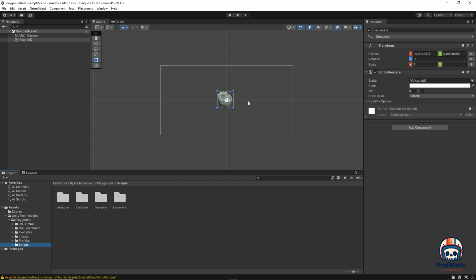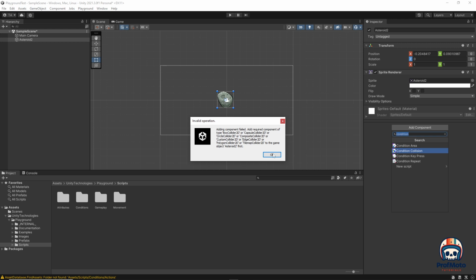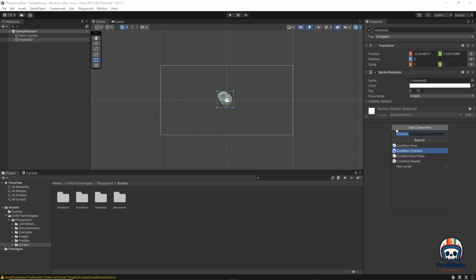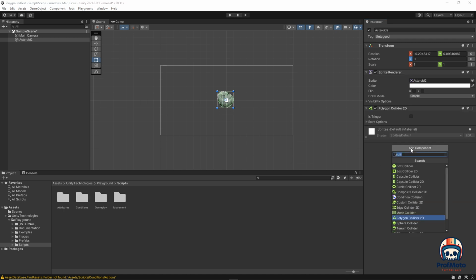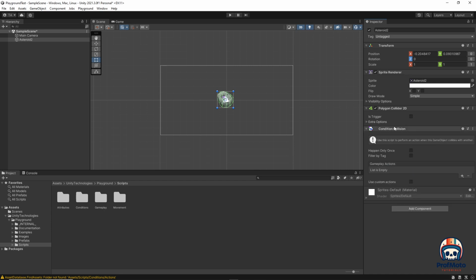Now, unfortunately, if I'm trying to do anything with a conditional script, which means if I add component and do a conditional collision, which is going to require a collider. Let's do a poly collider actually for our asteroid. Conditional collision. So this works fine, but then when I try and add a gameplay action for the conditional collision to call, which is basically the conditional collision is an if statement and the gameplay action is a then statement, it can't find any of them, and there's no way for me to add them and have them locate them